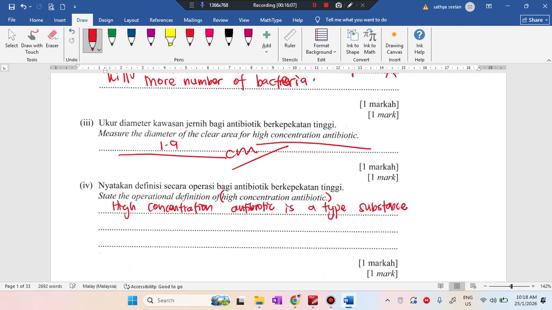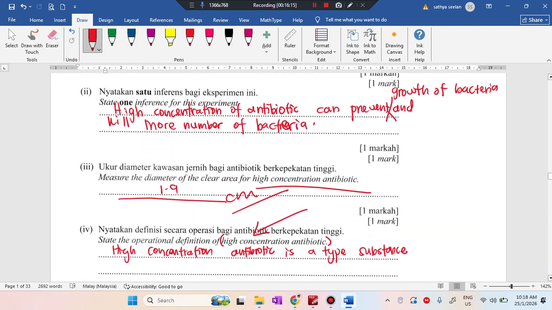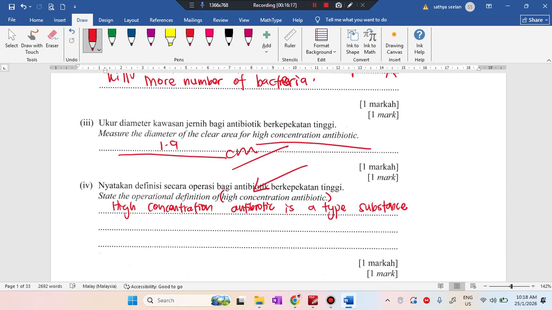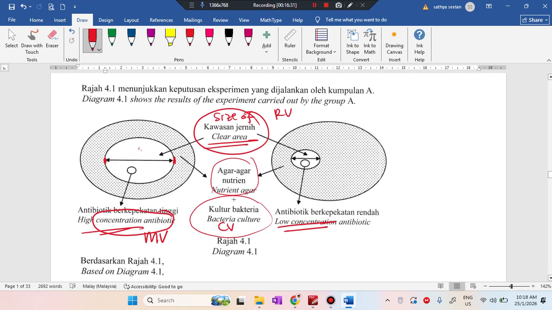They focus on high concentration, so we also focus on this lah. What we observe here, a bigger clear area, right, is a type of substance that shows a bigger clear area when a petri dish full of agar-agar nutrient plus culture bacteria